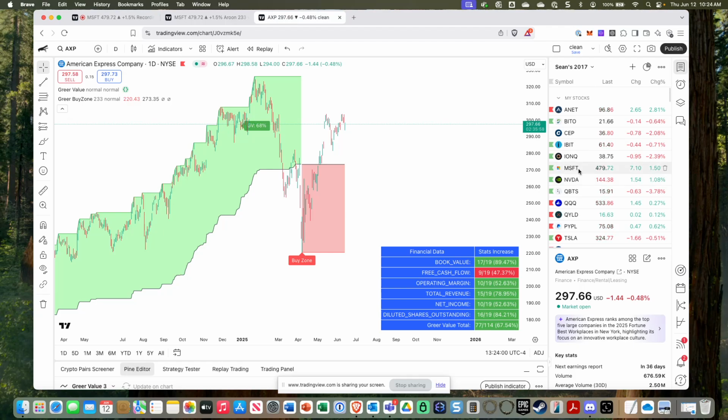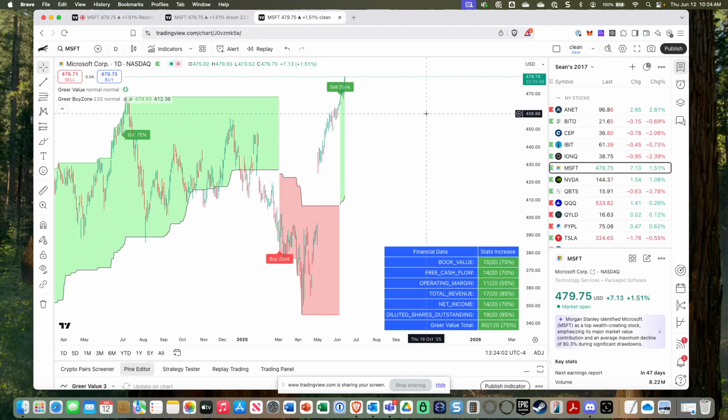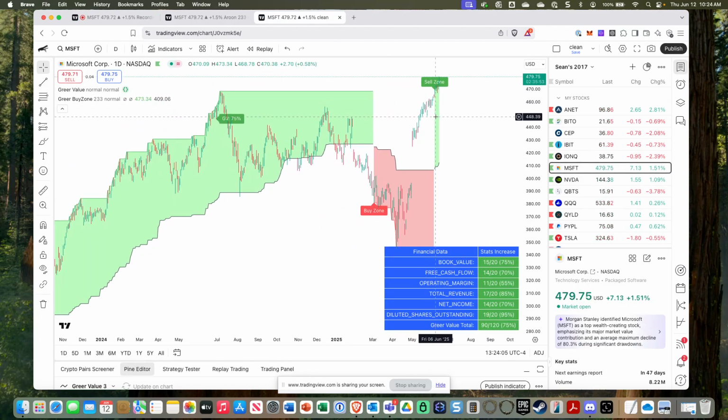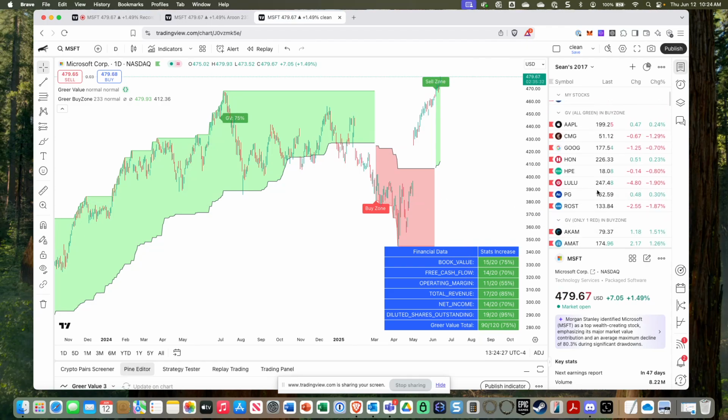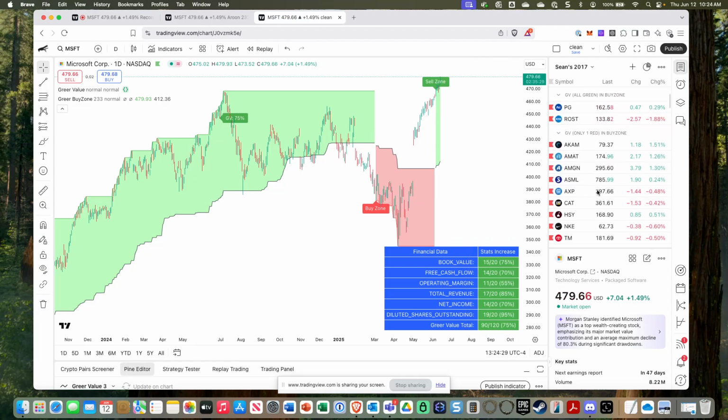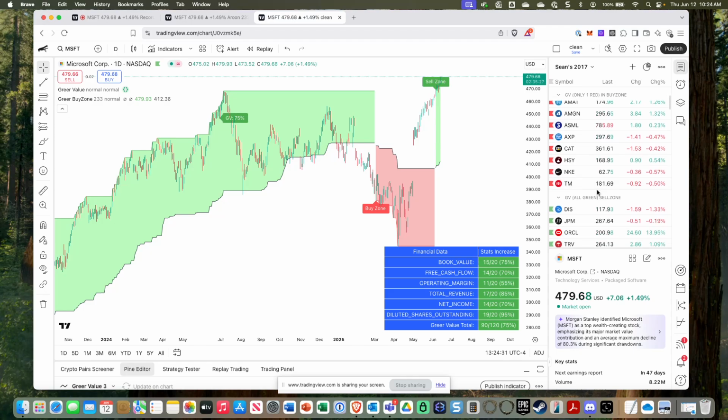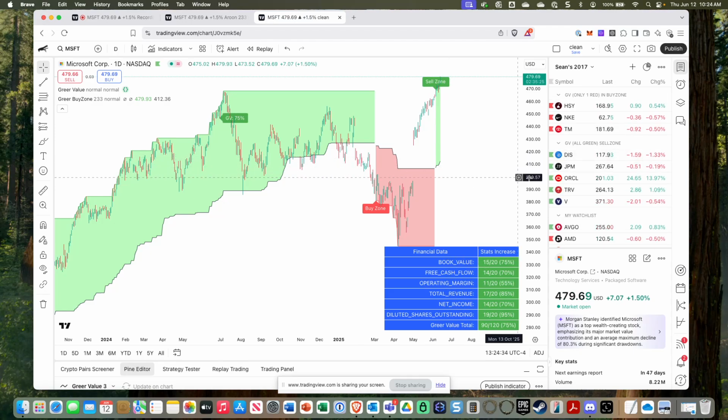So anyway, with that, using the tool of this Greer value to identify what is a good company long term, and then using the Greer Buy Zone to determine when you should start accumulating, this is something that I think is interesting to look at, and we would be open to any feedback from anybody on what your thoughts are on this. Oh yeah, one last thing I want to say is there are some of these that are all green, but